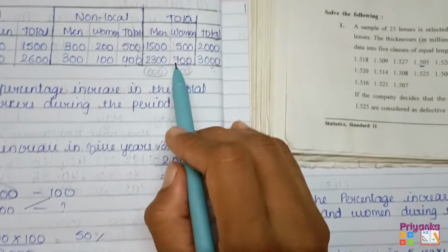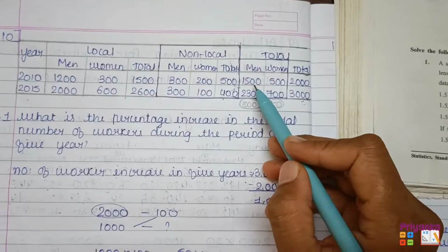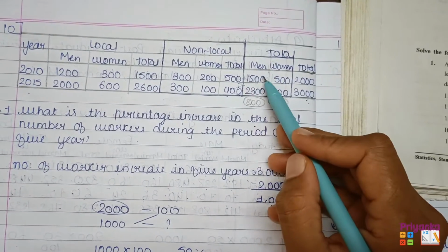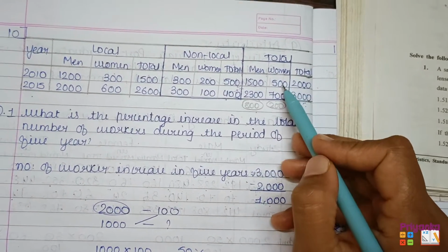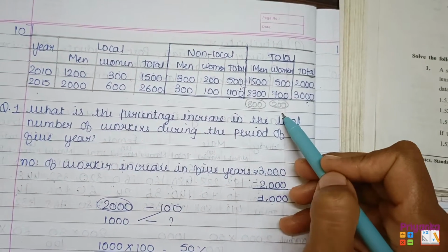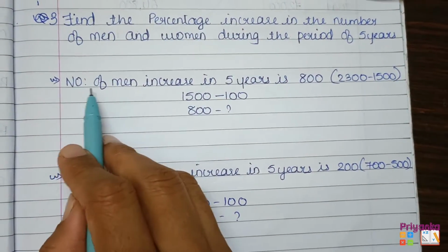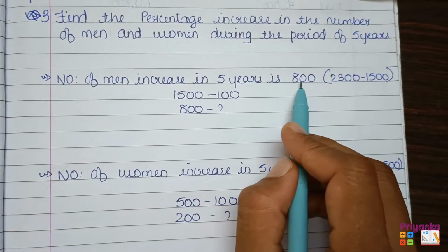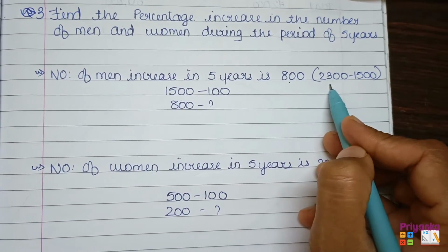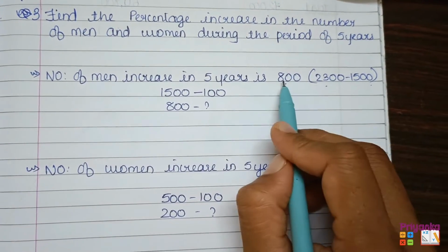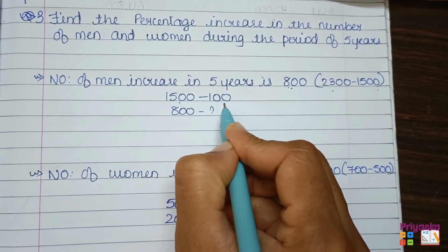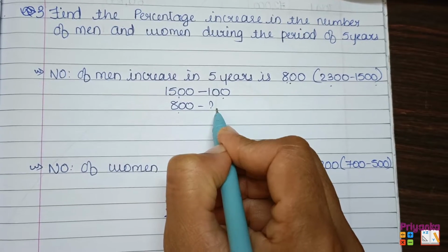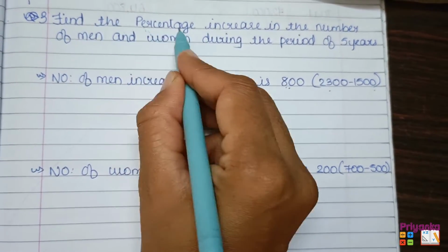So here they are talking about this column. By comparing the year 2010 and 15, here we can say that men have increased by 800, and women, the difference of 500 to 700, that is 200. So here I wrote the information that the number of men increase in 5 years is 800, that is 2300 minus 1500, that is 800. So here we'll take the 1500 as 100%. What about the 800? As the question is asking about the percentage,